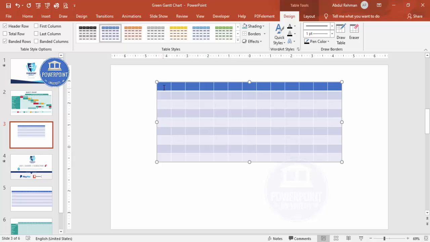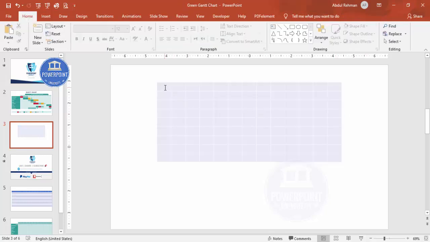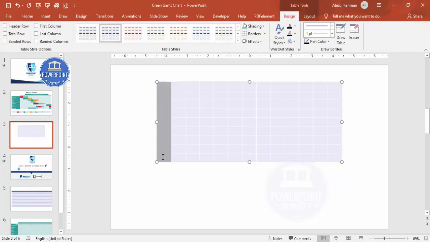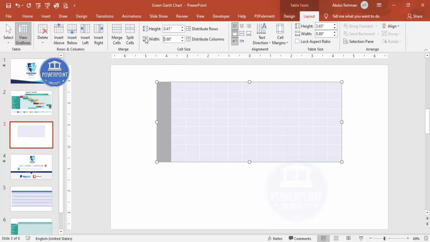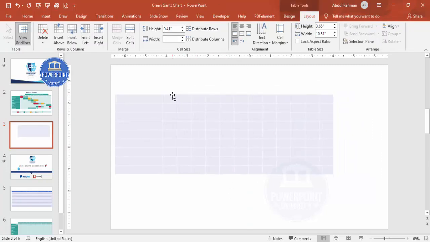All right, so what I'm going to do now, I'm going to select all this table. You have to remove this banded rows and banded header. All right, then it ends up looking like this. Then the first column I'm going to select. All right, then I'm going to the layout, and I'm going to give the width maybe say 2.3. All right, and then let me just select this one here, bring it here, and then increase the size till